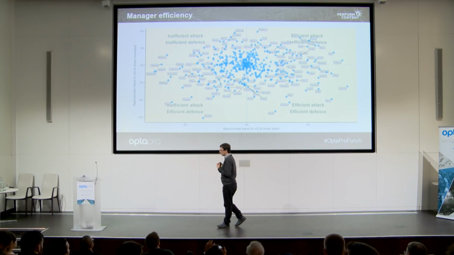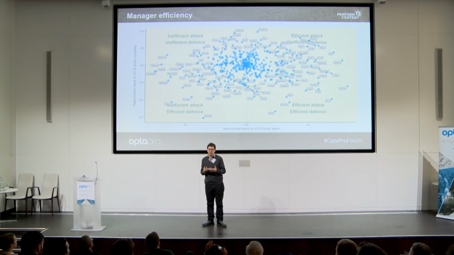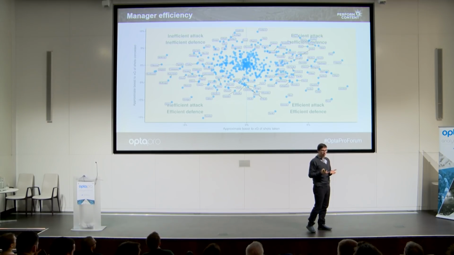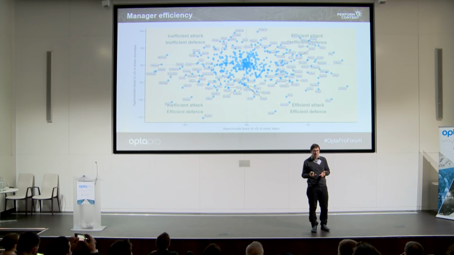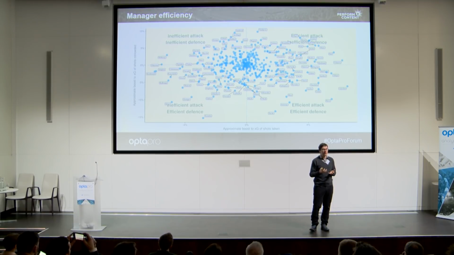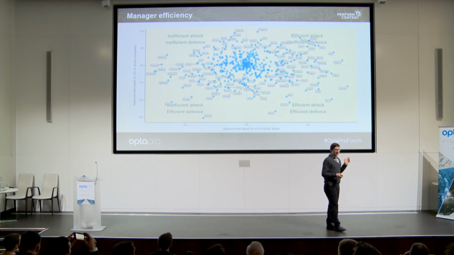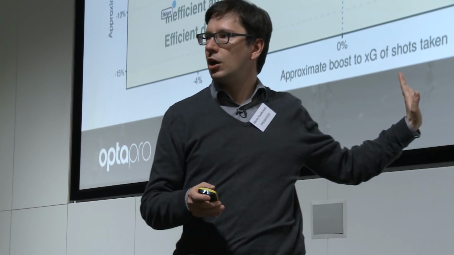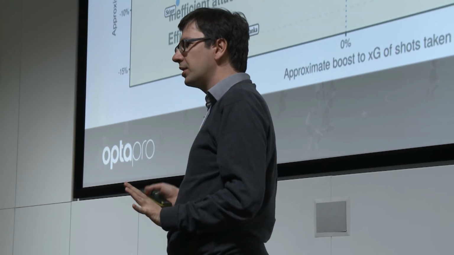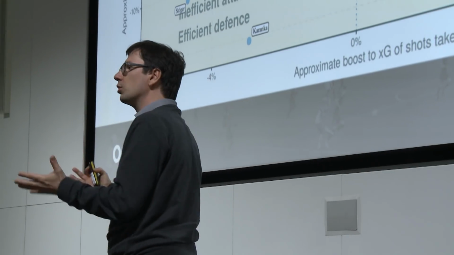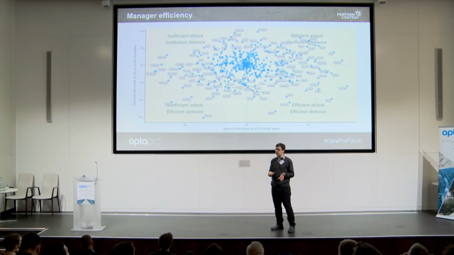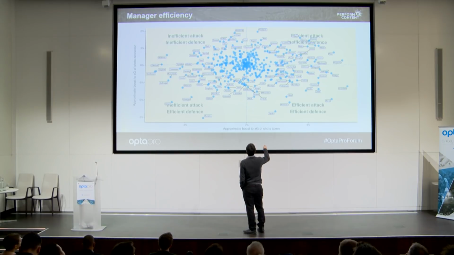So if you're managing a team and you make your team, through your skill or magic or otherwise, concede one less chance than usual, than average, then it's just as good as shaving perhaps 5% from the XG of each chance. So this slide talks only about the efficiency, so only about the reduction in XG. It doesn't talk about the total volume of XG that you produce or concede, and these are just as important, if not more.